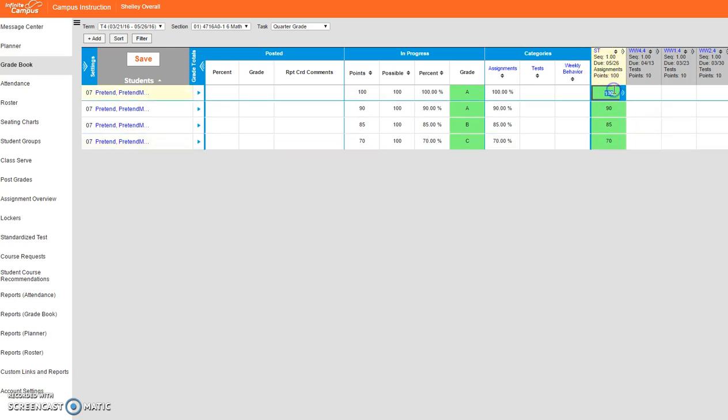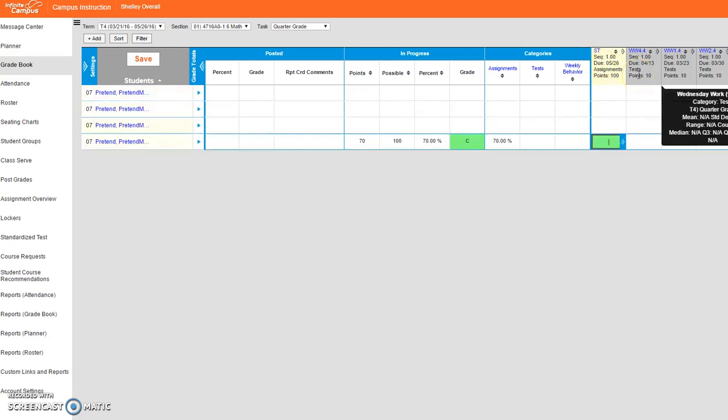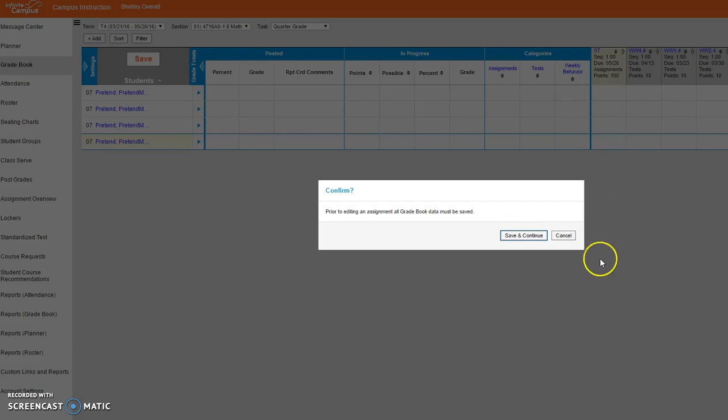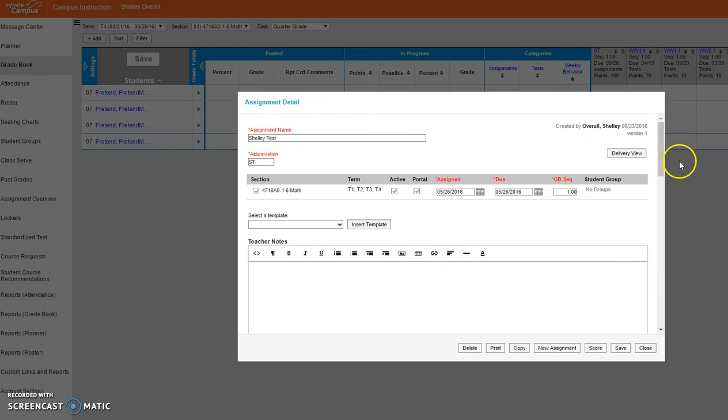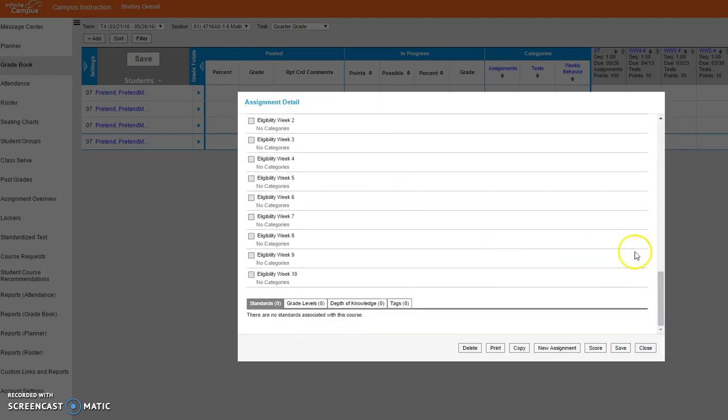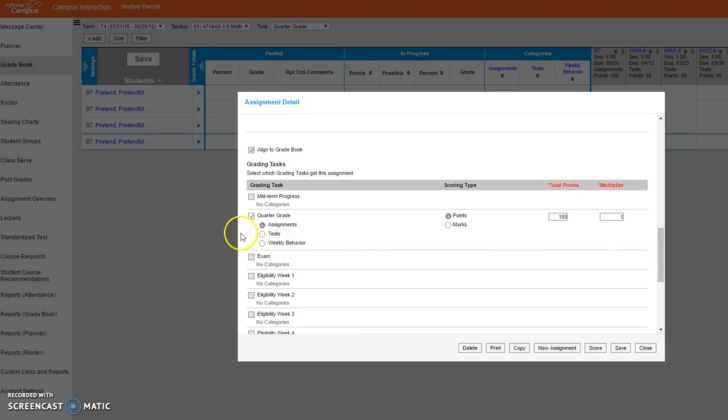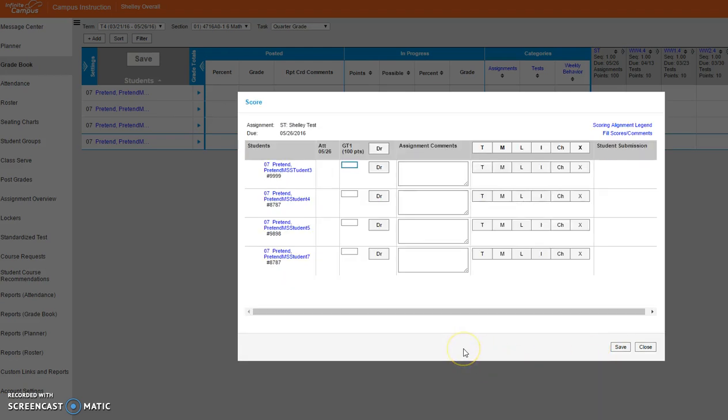I'm going to go ahead and remove these scores and show you a different method. I'm going to get back into the assignment detail, and once I've done the task that I applied it to, instead of saying just save, I could come over here to the score box. And now it brings it up so that all I see is this one assignment, and I can go in and enter the student scores